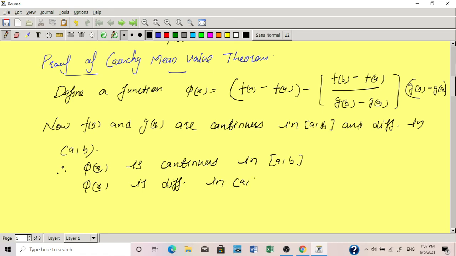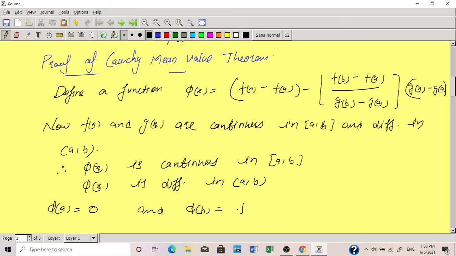in open interval AB. And phi of a, अगर हम यहां से निकालेंगे, we find phi of a from here, then this is f of a minus f of a is 0, g of a minus g of a is 0, so it is simply 0. And phi of b, अगर हम निकालेंगे, here the phi of b is f of b minus f of a, here is g of b minus g of a, g of b minus g of a कट जाएगा, या